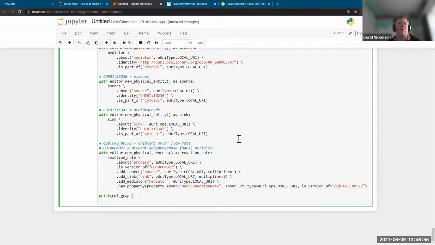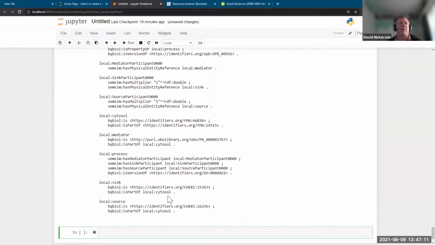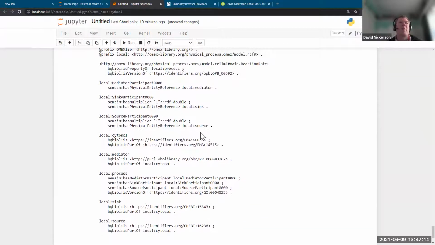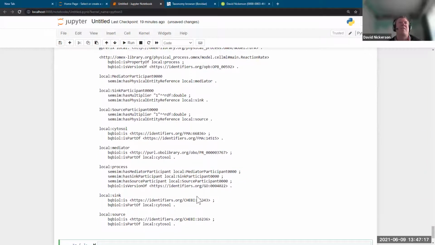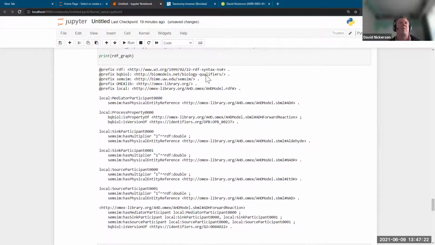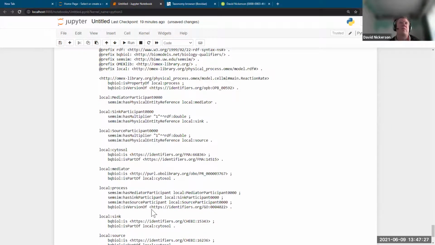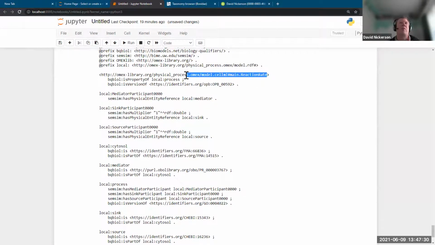And as we saw earlier, down in this has property is where we can now link to something in our model. So this is where we have the model URL. And if we look at that, depending on how familiar you are with RDF, you can see it's a very similar graph in the RDF sense to what we have for the SBML model. The only difference really is which bits of it link to things in the model that we have, and which bits are in these sort of